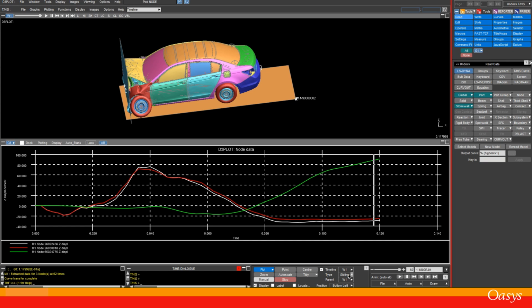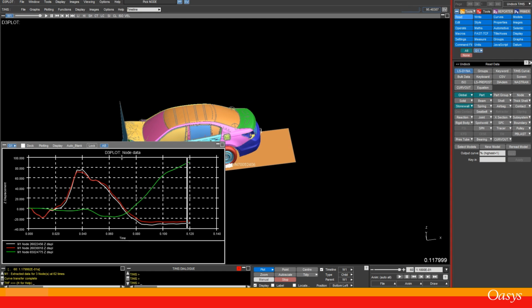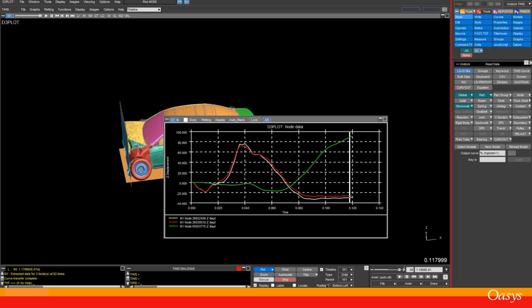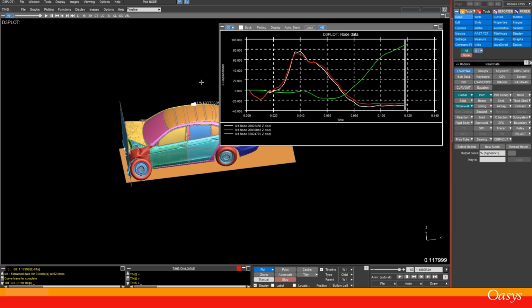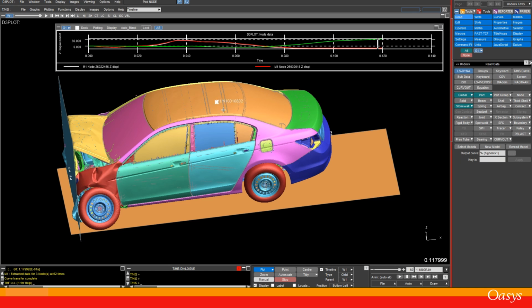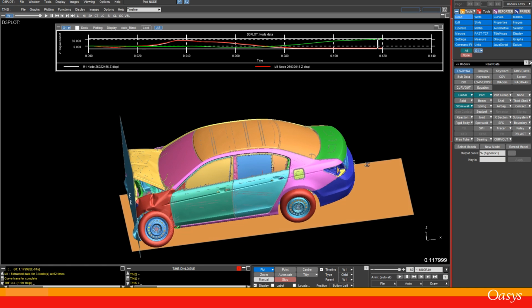If we use the type operation and change the window to child, we can see that suddenly the graph is floating on top of the window behind, the D3PLOT window. If we choose the position option and change, we can see that we can place this window in top left, top right, bottom left, or bottom right. I'm just going to manually place it with my mouse, dragging to the location I want. We'll then set the car up, and maybe we can change the window size so it's not so obstructive. Tweak around with it a bit, change the view,